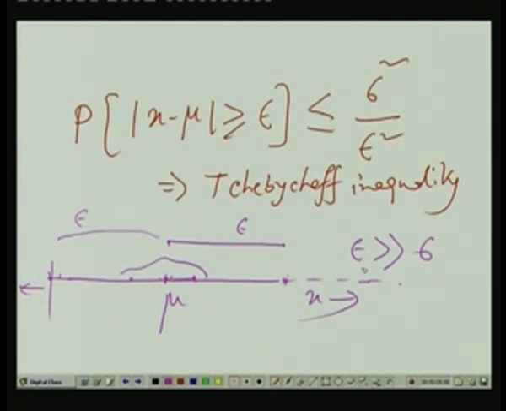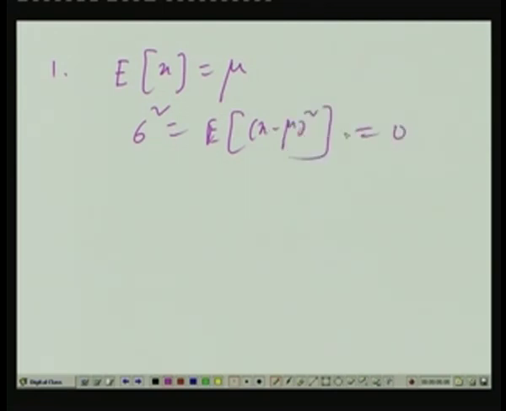Okay, so what we have been discussing physically comes through this inequality also. A few things we can see. Suppose x is such a random variable, it is given that E of x is mu, but sigma square, which is E of x minus mu whole square, is given to be 0. That x is such a random variable whose mean is mu, but whose variance is given to be 0. Then that means for any, I underline this, for any epsilon greater than 0, probability of x minus mu,